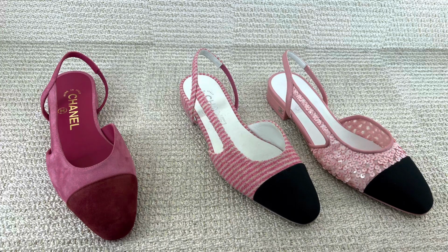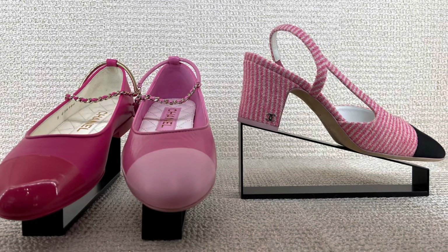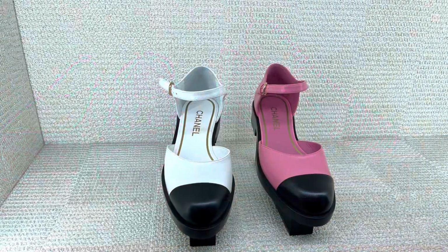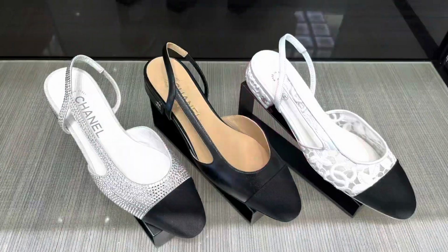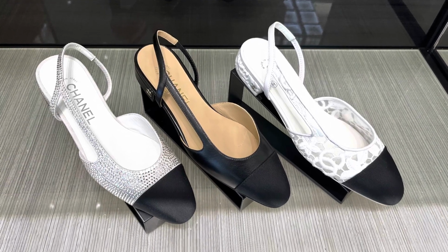Chanel's 23S Spring Summer collection has been out since March 9th. I haven't had a chance to go into the store until now. Here I am in the Rue Cambon flagship store in Paris, and my overall impression is that while they have some new pieces from the 23S collection, they also have quite a few items from the 23P collection on display,